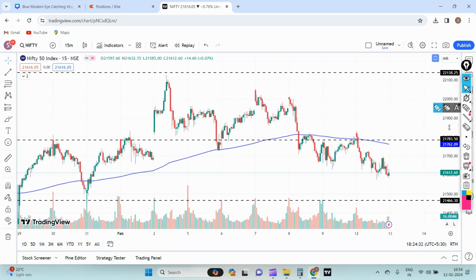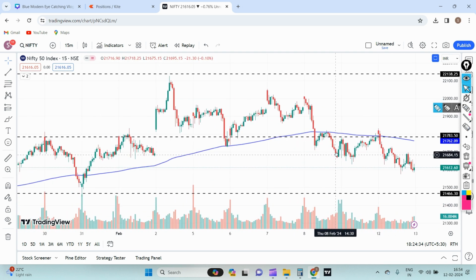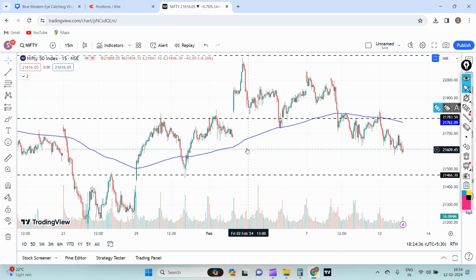This is a 15-minute chart for the Nifty 50. If you observe over here what was happening previously, try to observe. This is a 200 moving average, the blue color line. What are we seeing over here? Initially, when you observe the trend of the 200 moving average, it was in an uptrend